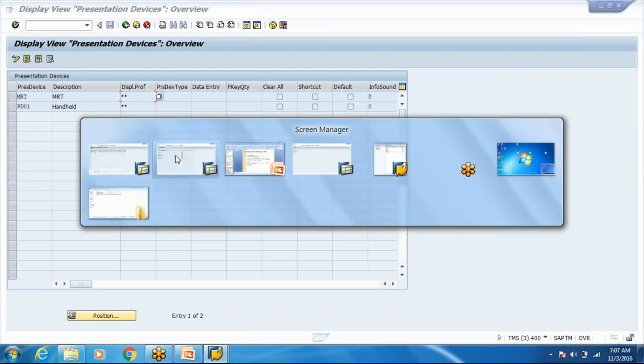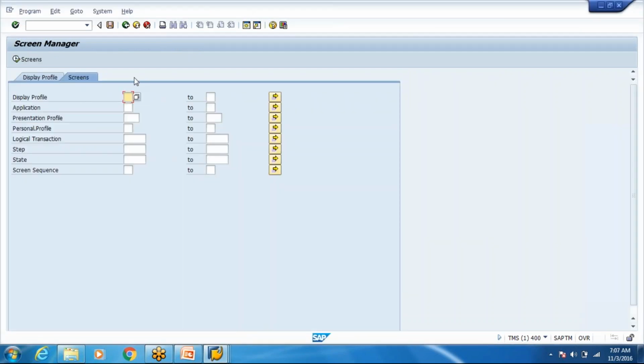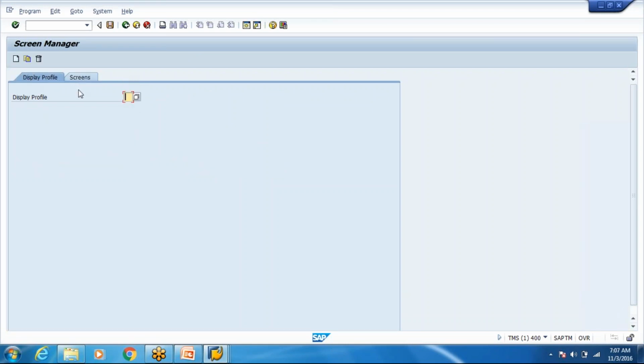So let's go to display profile. Here you can see the display profile. The standard SCP display profile is star star. I will not try to change star star, but I'll show you how you can change the size.